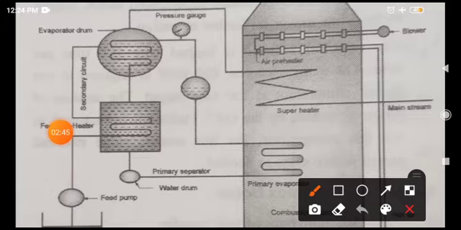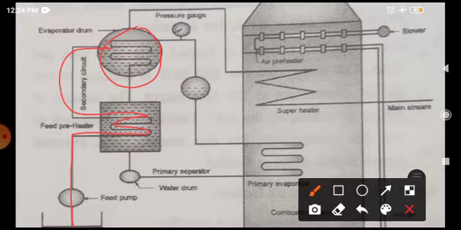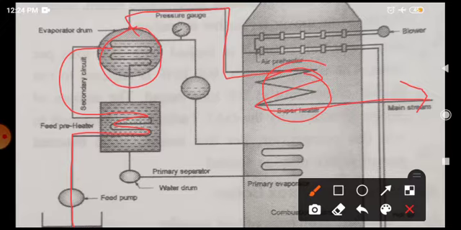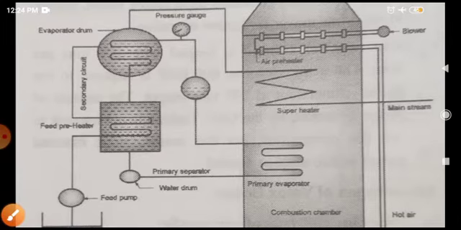This one is taking water from here, then it is put in the evaporator drum, in which the water gets evaporated, that is, converted into steam. Then this is passed again to the boiler, in which it gets superheated, and then it is allowed to fall on the steam turbine, or it will be used for any required purpose. Here you can see two cycles. Let's explain them one by one.